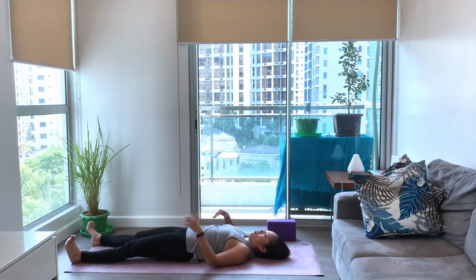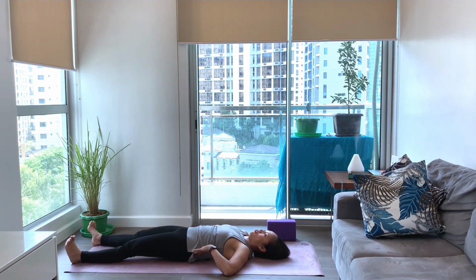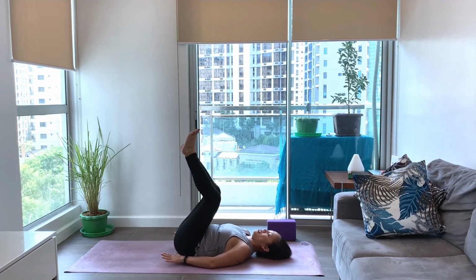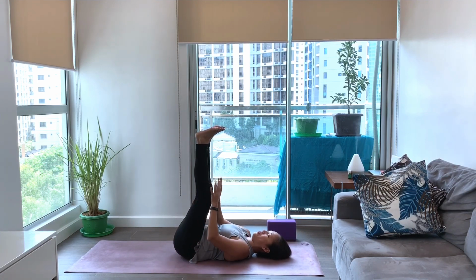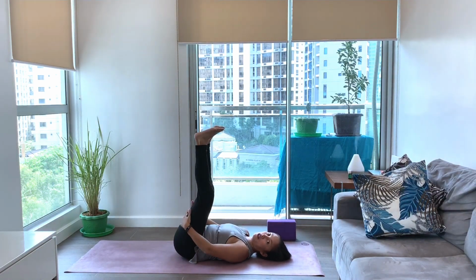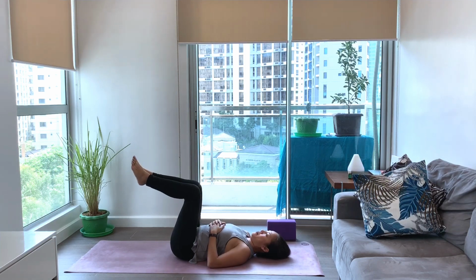Be more aware of flattening or bringing the back down closer to the floor. And then creating that hollow belly. If not, option here is to bend your knees or legs up towards the ceiling. You can keep a little bit of a bend on the knees if your hamstring is feeling a little bit tight today. Okay? So, you can keep the knees bent like this,